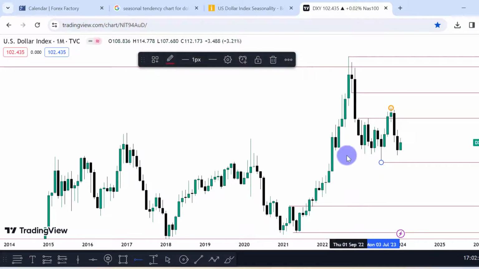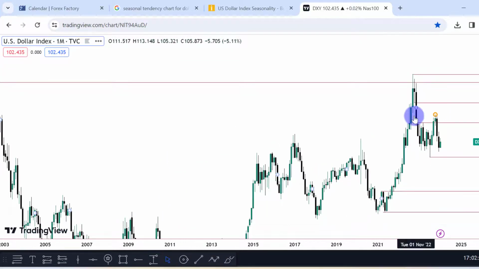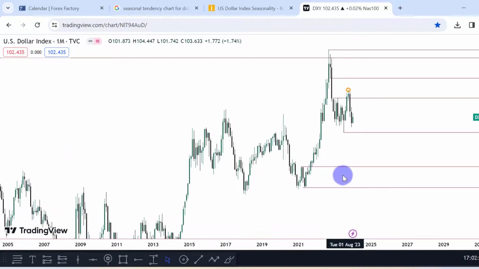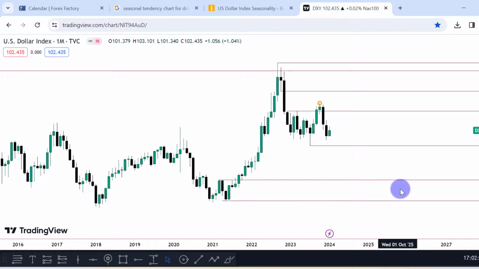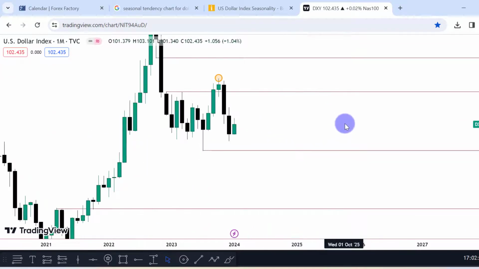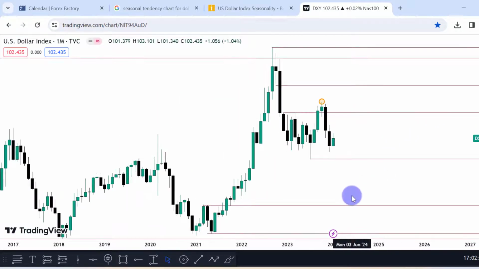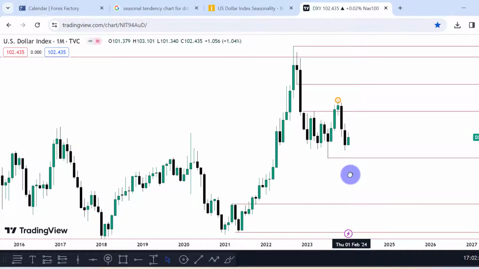All right, why did I say that? Because we see price reacting off a bearish mitigation block here. You see that bearish mitigation, and price has a bullish mitigation block right here. So I see price trading into this level going into the year 2024. You'd come back and tell me that I once did an analysis and told you that price action is going to trade into this bullish mitigation block. I can be wrong, but this is what I'm looking at going into the year 2024.